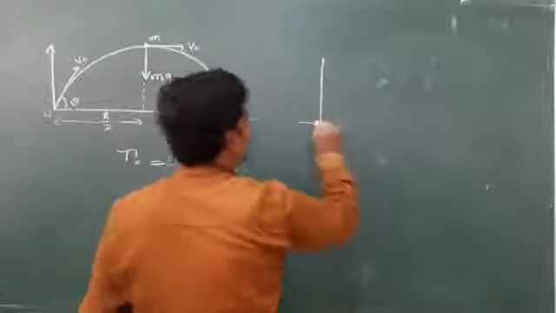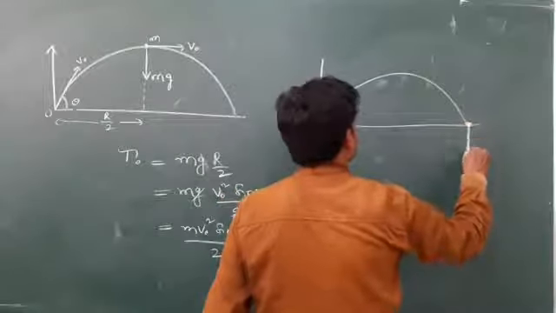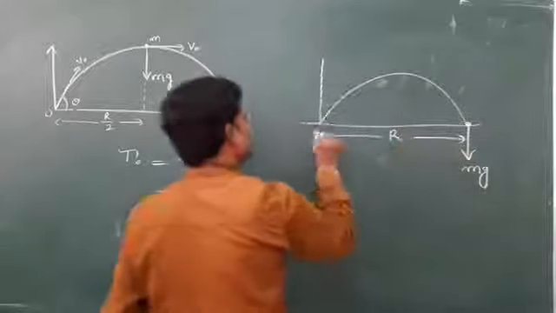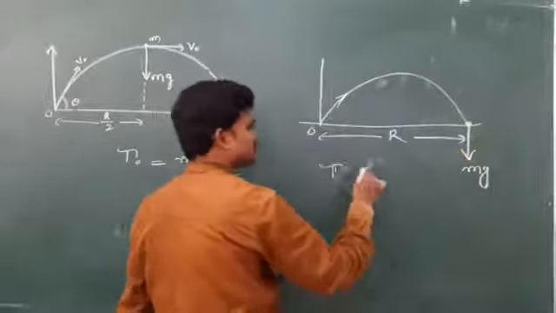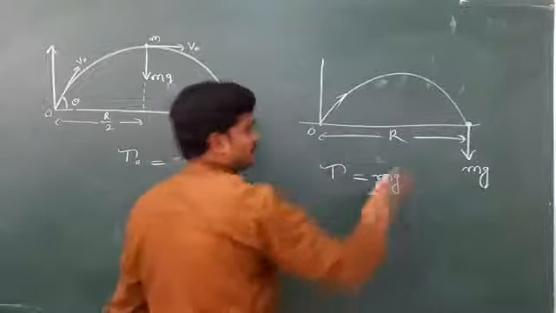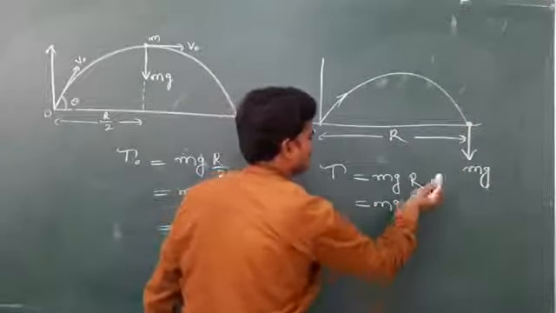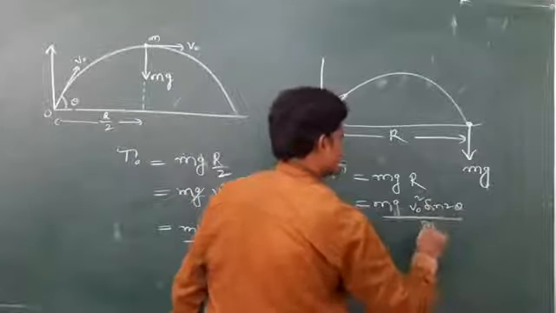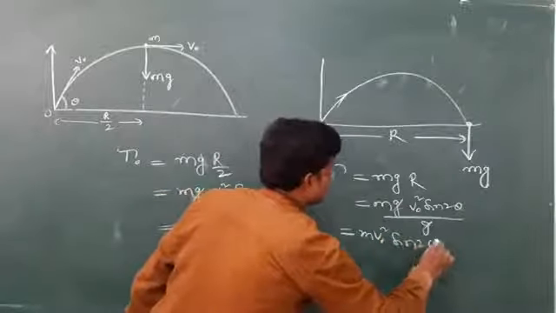Again they are asking the torque when it is going to hit the ground back. Here, if it hits, this is mg and this is R. The simplest questions these are. Now the torque at that point is mg into this distance. So mg, what is R again? v naught square sine 2 theta by g. So the answer is m v naught square sine 2 theta.